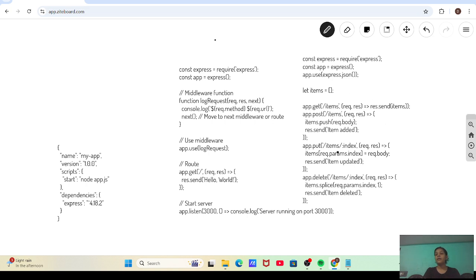Then get the apple name. Next, if I want to replace the name with grapes, you can update the data by mentioning which index to replace, then replace the name with grapes. And delete: mention which index and which value to remove the data.